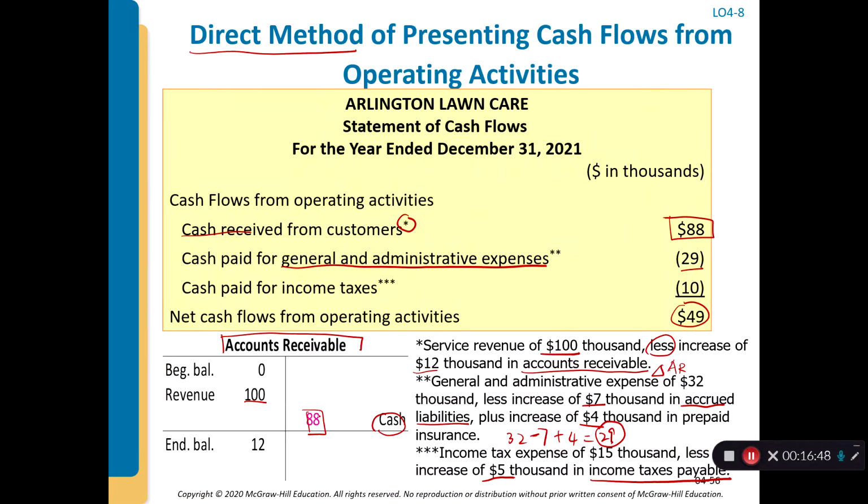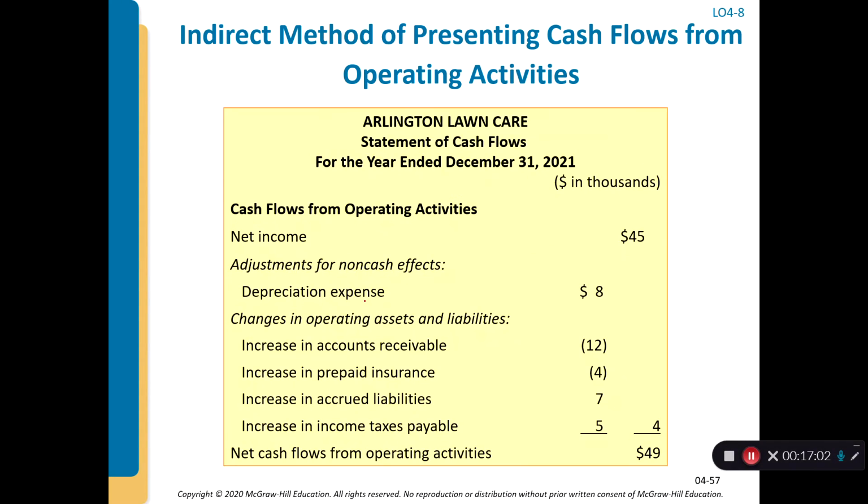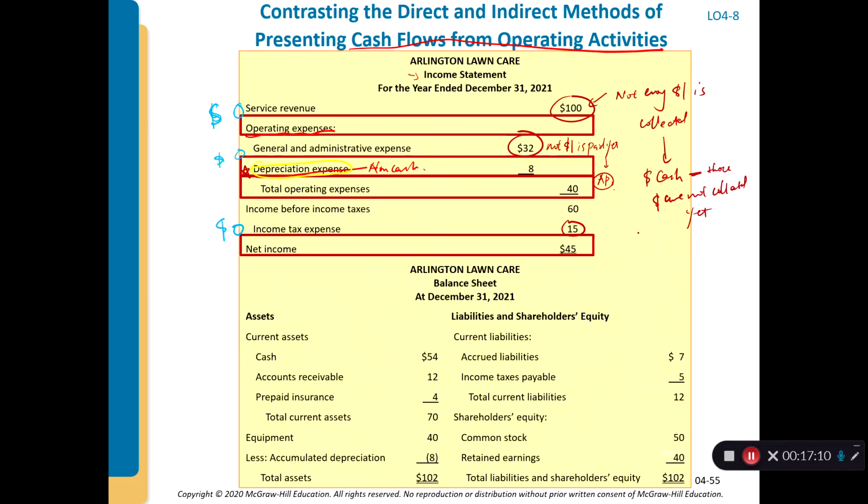We collect the 88,000 cash, and we outflowed 29,000 to pay the G&A expenses, and we paid 10,000 to income taxes. But if we use the indirect method to do it, the first thing is that we put the 45,000 from the income statement. We start with this number,